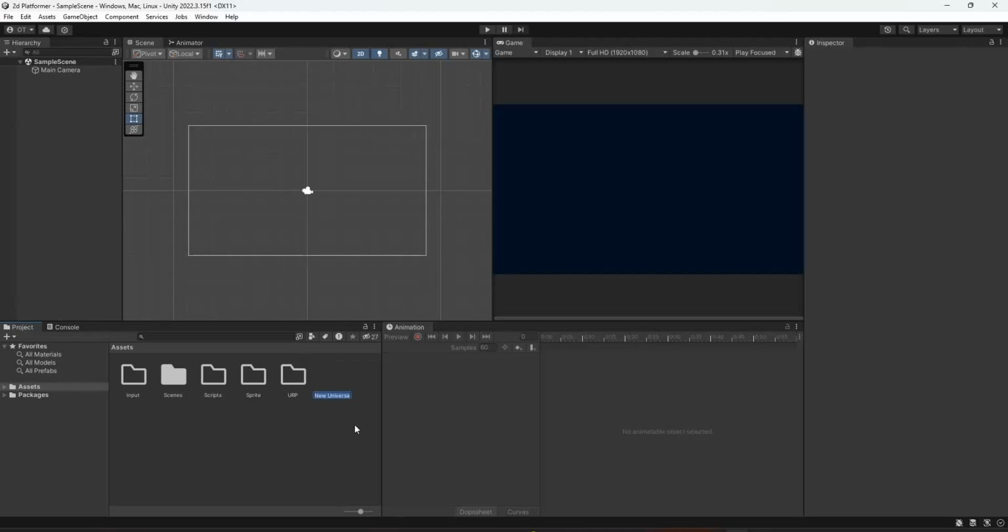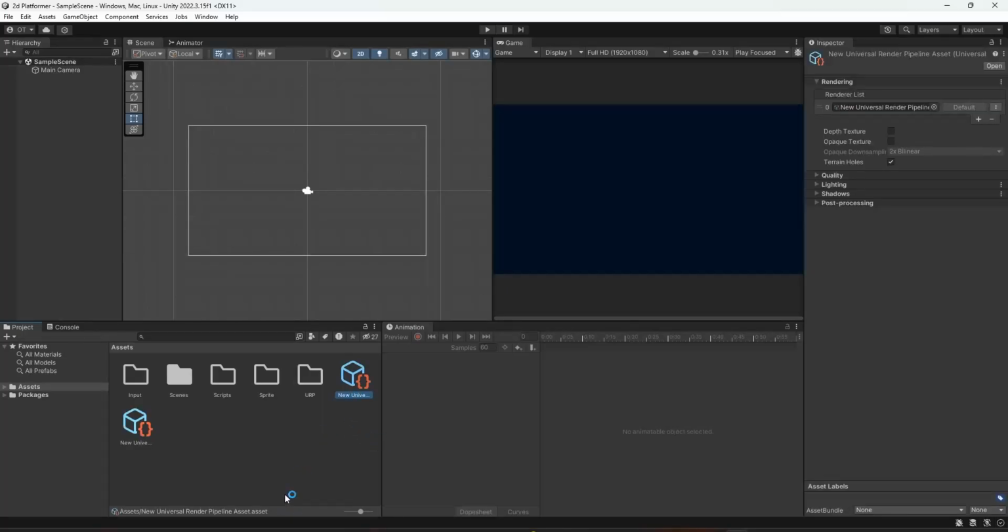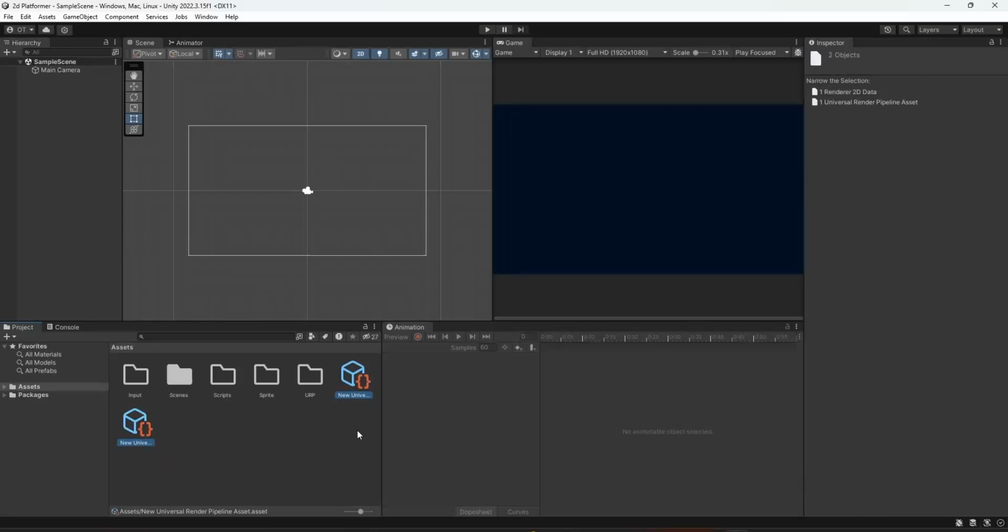I give it a name. Let's just leave it at default. New Universal Render Pipeline asset. So I created that. I need to select both. Okay, before doing that, I need to